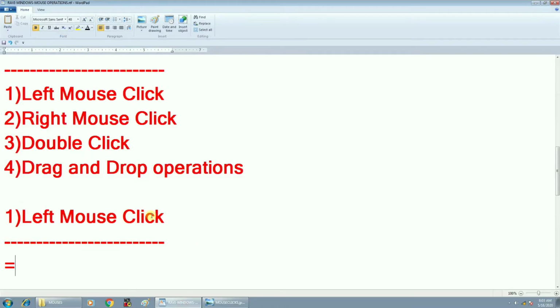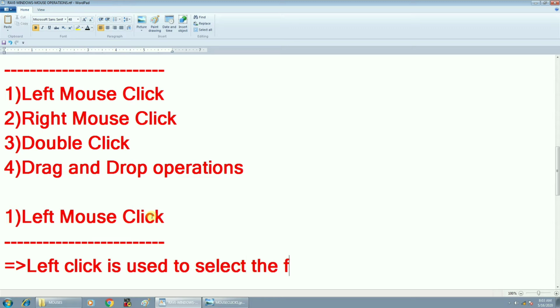Left mouse click, what is the purpose of it? To select the particular folder or file. Left click is used to select the folder or file.